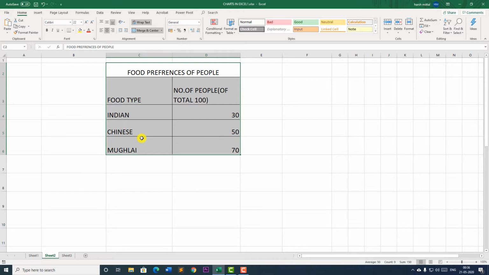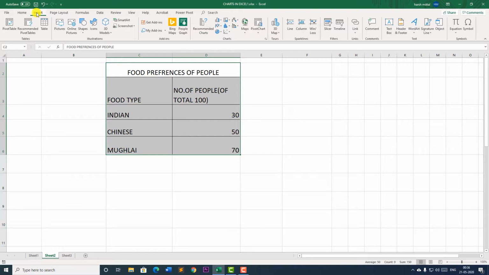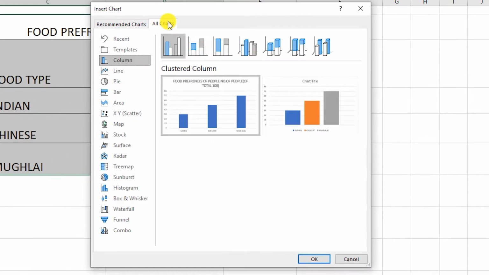Now let us see, children, what different chart types are available to us and how we select a chart type based on the table we get. Alright, now we all know that charts are present in the Insert tab. We move to the Insert tab. Here in the Charts group we get all these kinds of charts. Now when I go to the Recommended Charts option and click on All Charts, I get all these kinds of charts.